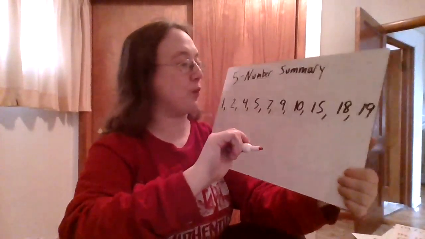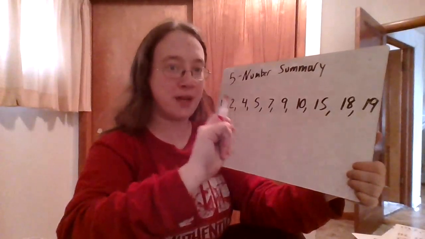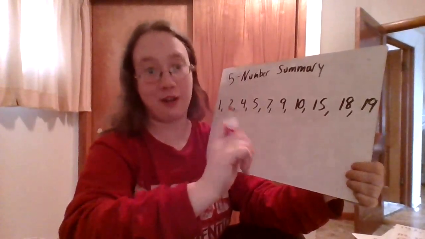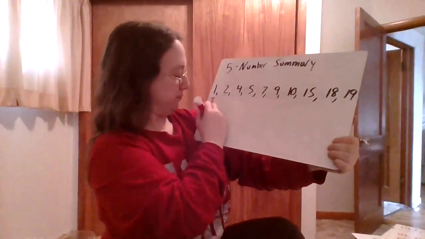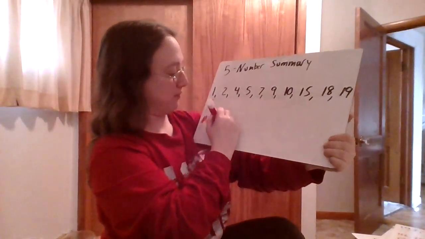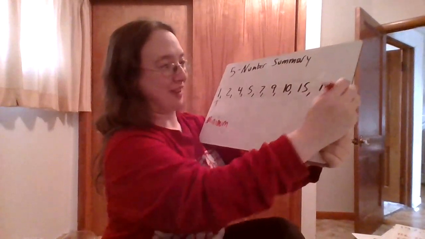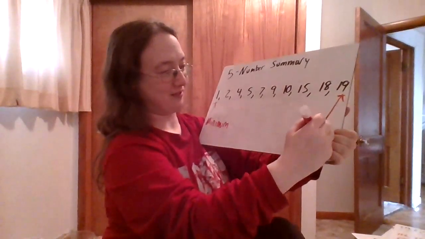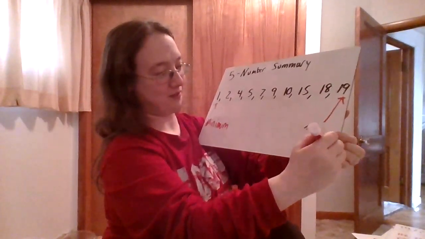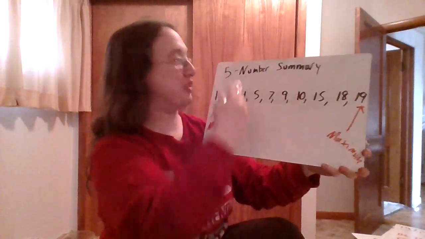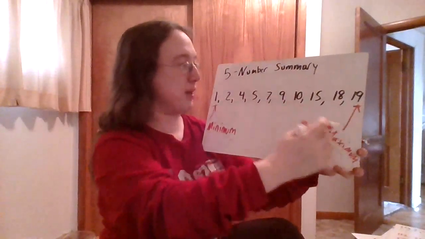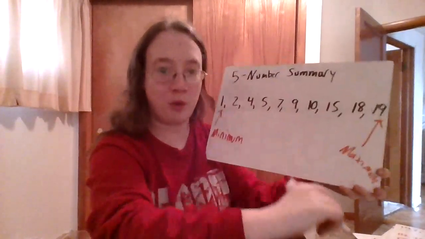And the first thing we're looking for is our maximum and our minimum, which fortunately are exactly what they sound like. Your minimum is your smallest thing. So we get our minimum there. Your maximum is your biggest thing. Okay, so 5-number summary, but we've already got 2. Your minimum's your smallest, your maximum's your biggest, and one of the other things we're going to want is our